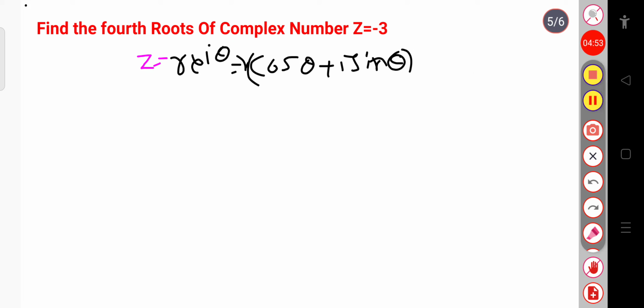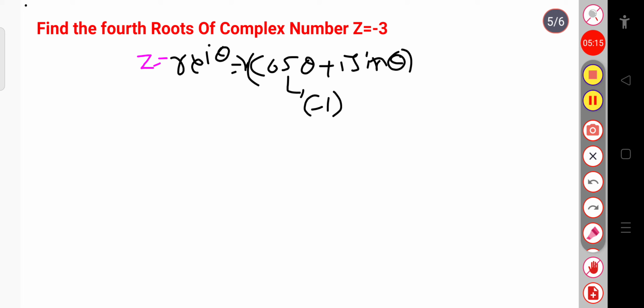So here z equal to minus 3. I have to think what will be the value of cos theta plus i sin theta so that the value will be minus 1. Since there is the absence of the imaginary part i, definitely in this cos theta I have to put some value of theta so that this becomes minus 1. I know cos pi is minus 1.